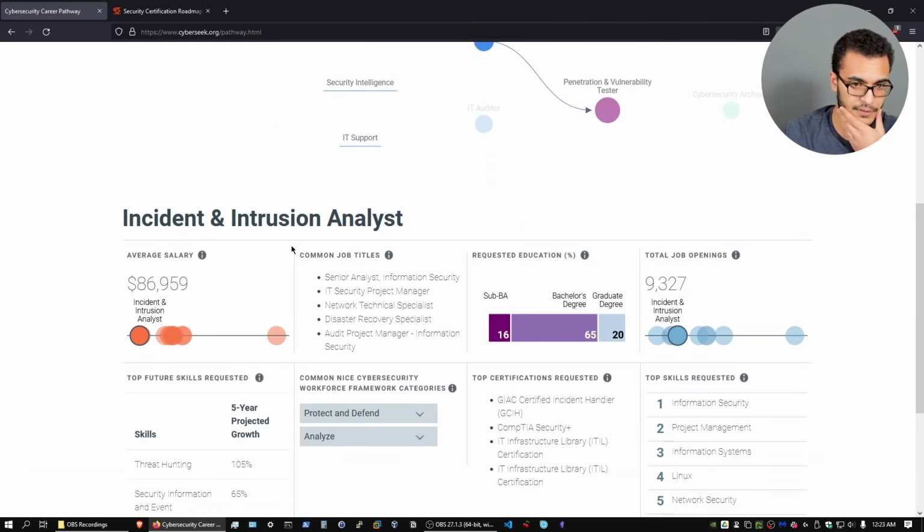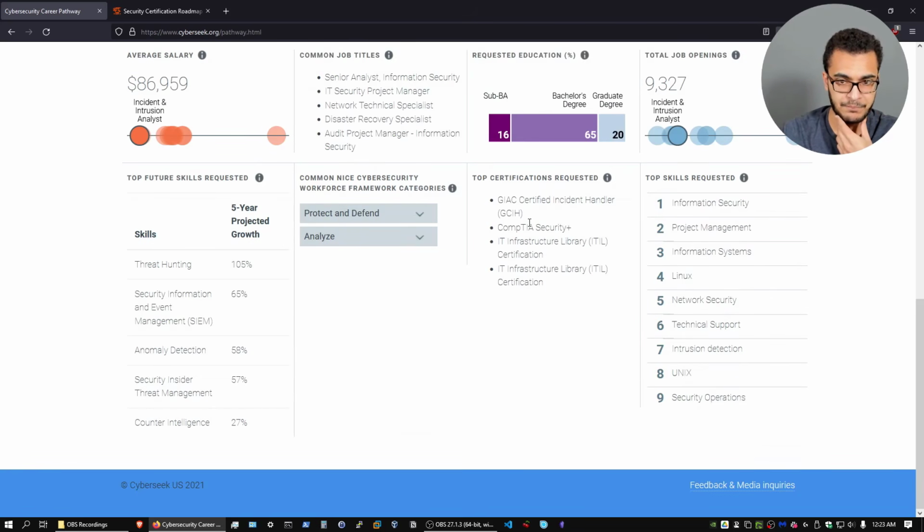So again, same thing, same process here. The SANS certifications still hold weight, and of course you have Security Plus there. So what I'm trying to show you is that the Security Plus, at least in this case, is really the only constant when it comes down to a cybersecurity career.